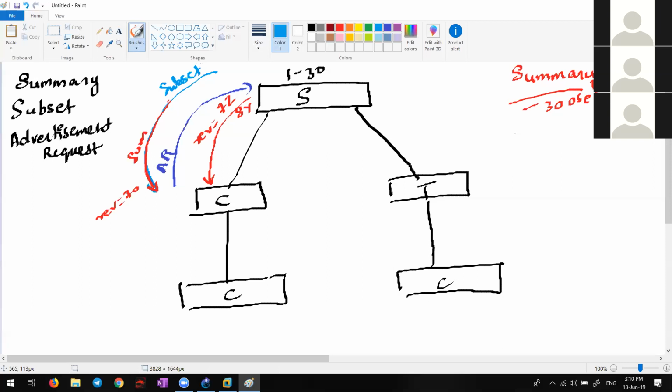Then write down, summary messages are also generated or triggered whenever there is a change in the VLAN database, in which case the summary message will be followed by a subset message.